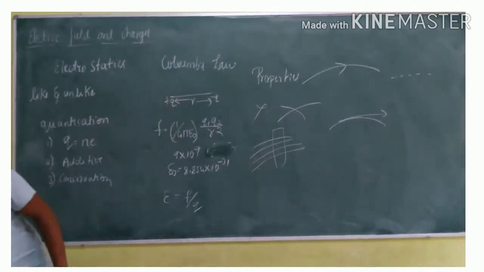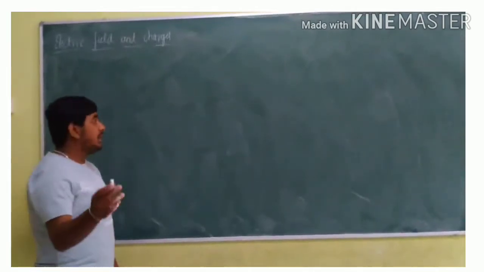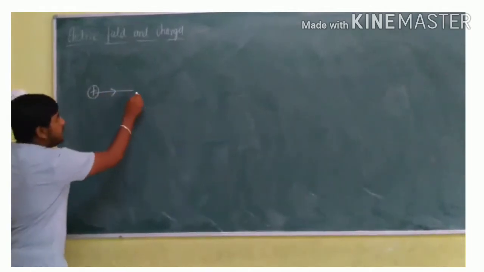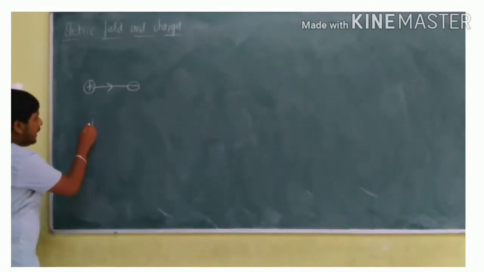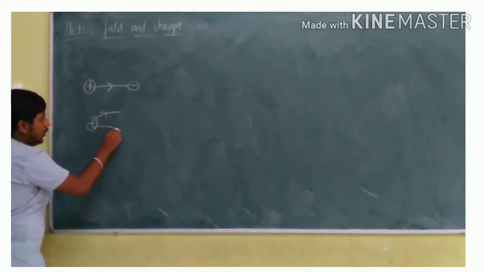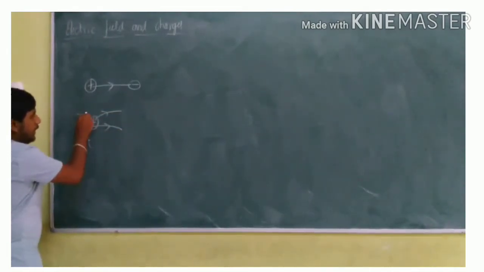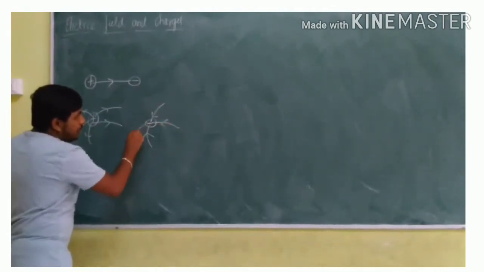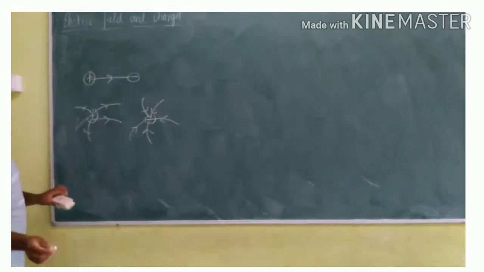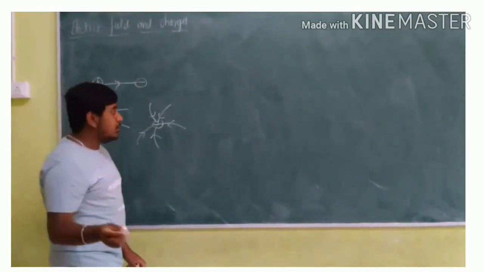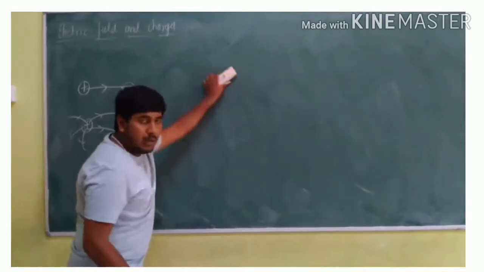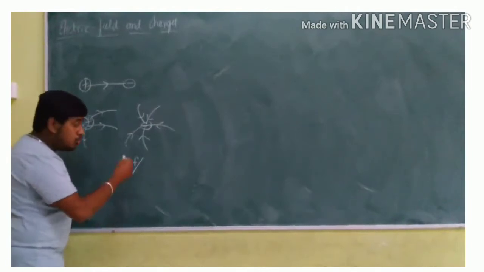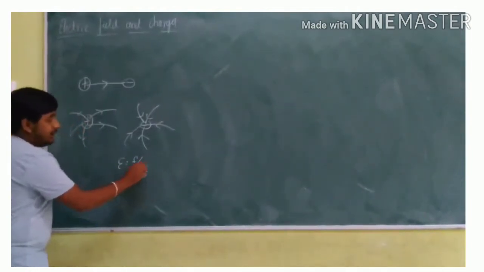After this, we came across another property: electric field lines start from a positive charge and end at a negative charge. One more thing, the representation for a positive charge is outward, and for a negative charge it is towards the inside. Electric field direction is important, as we need this for solving problems. Force on unit charge is called electric field. We define electric field as the force on a unit positive test charge.